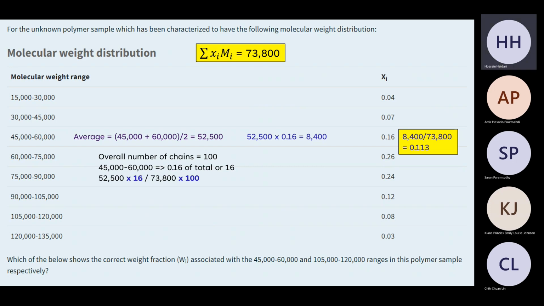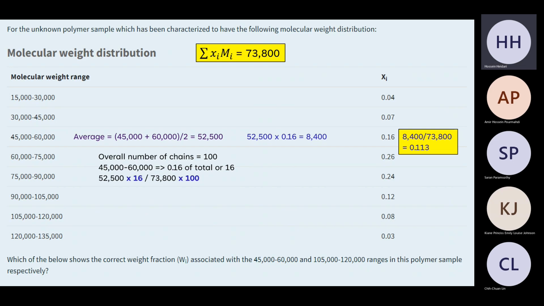I also had another question about this question. Why are we using the midpoint of the molecular weight when it's against the number average to calculate our ratio? So you're saying why is the representative for each subpopulation the mid value? So why are we using the mid value divided by 73,800 times 0.16?